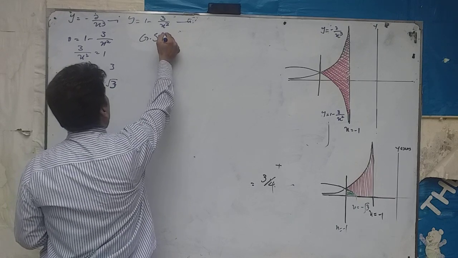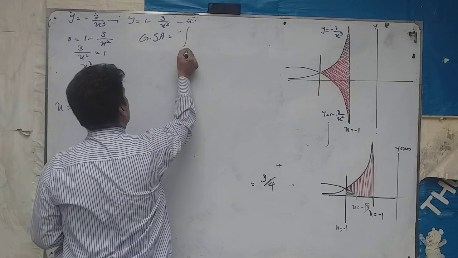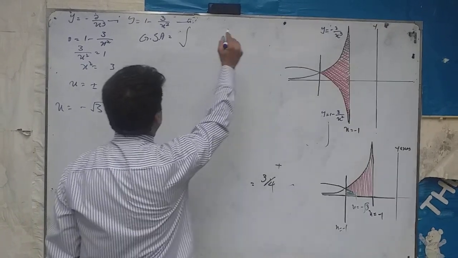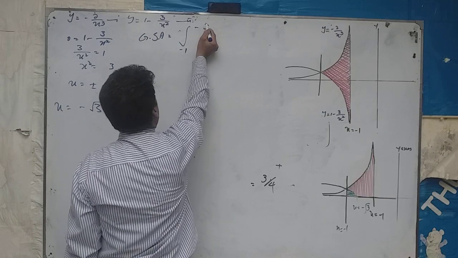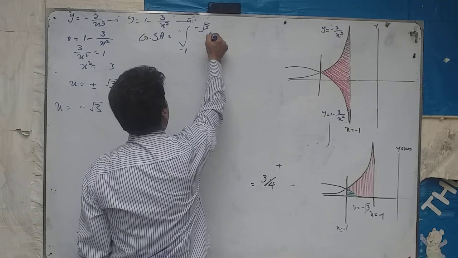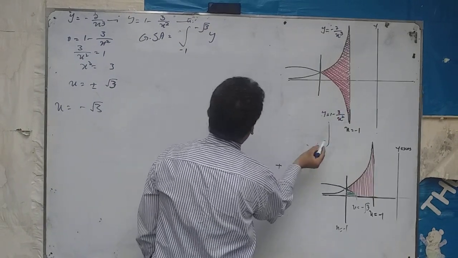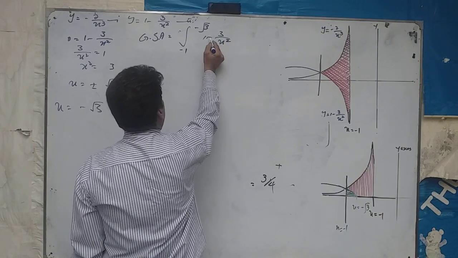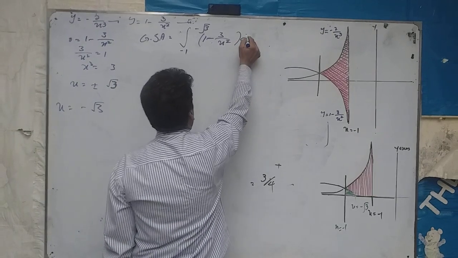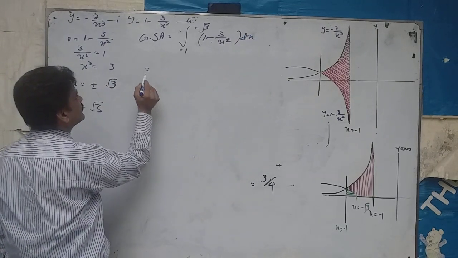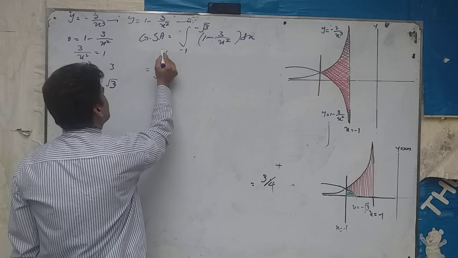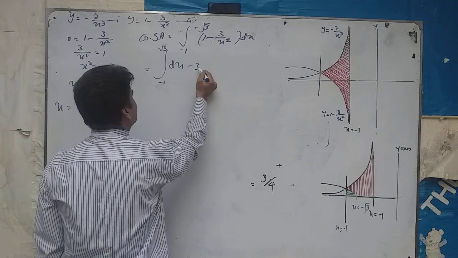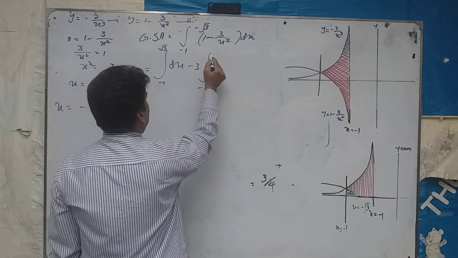Green shaded area will be the integral from minus 1 to minus under root 3 of y dx, and for the value of y we use this curve, 1 minus 3 over x squared. By solving, we get the integral from minus 1 to minus under root 3 of dx, minus 3 as a constant, we write the integral from minus 1 to minus under root 3